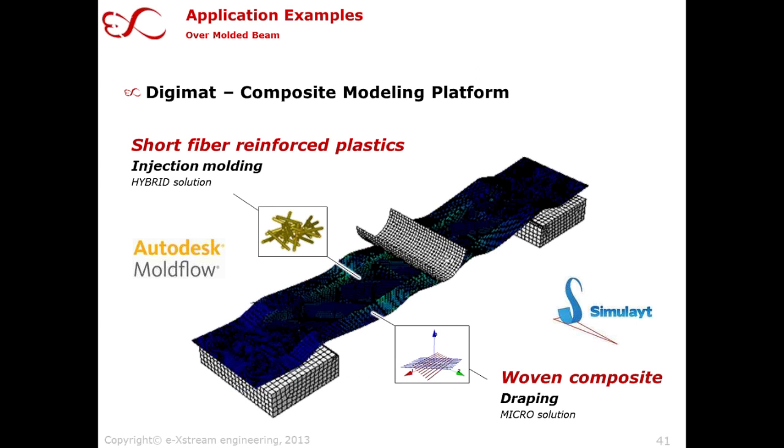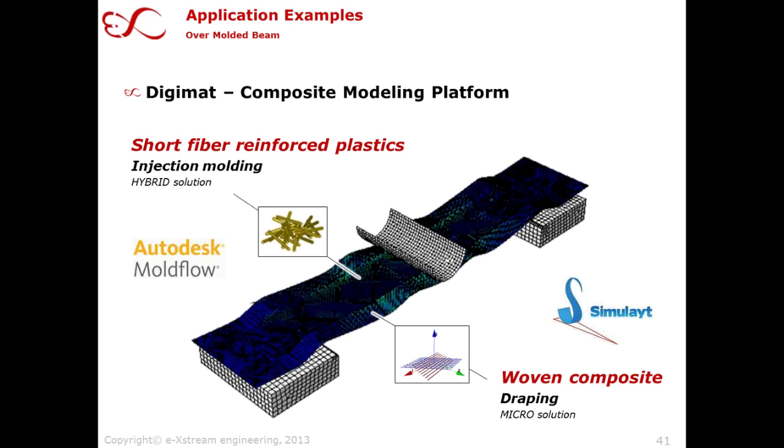So this was a very nice success story. Another story about the advantages of going for Digimat is that Digimat is a composite modeling platform. Also in the automotive context, what you find more and more is the idea to create complex composite designs. So people do not only want to stay with short fiber reinforced plastics, but you find hybrid solutions where the